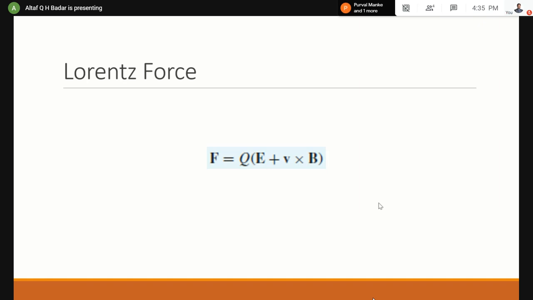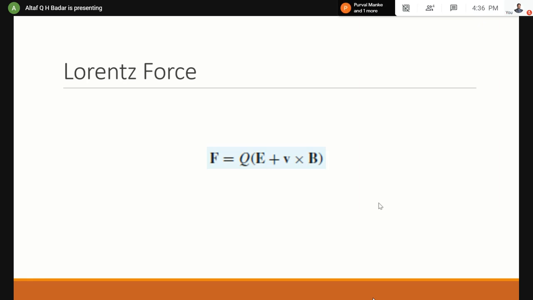Now in Lorentz force, as far as my knowledge goes, there are other representations also, but this is one of the representations of it. A particle of charge Q, moving with a velocity v in an electric field E and magnetic field B, experiences a force which is given by the Lorentz force. This is the formula for it. I have explained all the terms involved in that formula, and you can see how they are related to each other. There is a cross product and there is a multiplication and all of it.